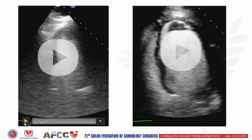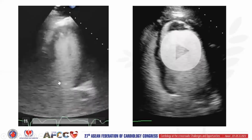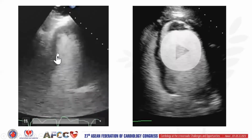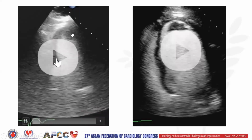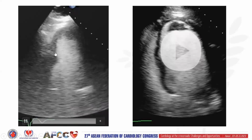This is an example on the left-hand side of a patient with a recent acute MI of his proximal to mid left anterior descending coronary artery. We can see here that there's hypokinesis, severe hypokinesis to akinesis of the mid and apical LV segments, septum, anterolateral wall. And as we can see here, if this plays again, there's a large thrombus at the...